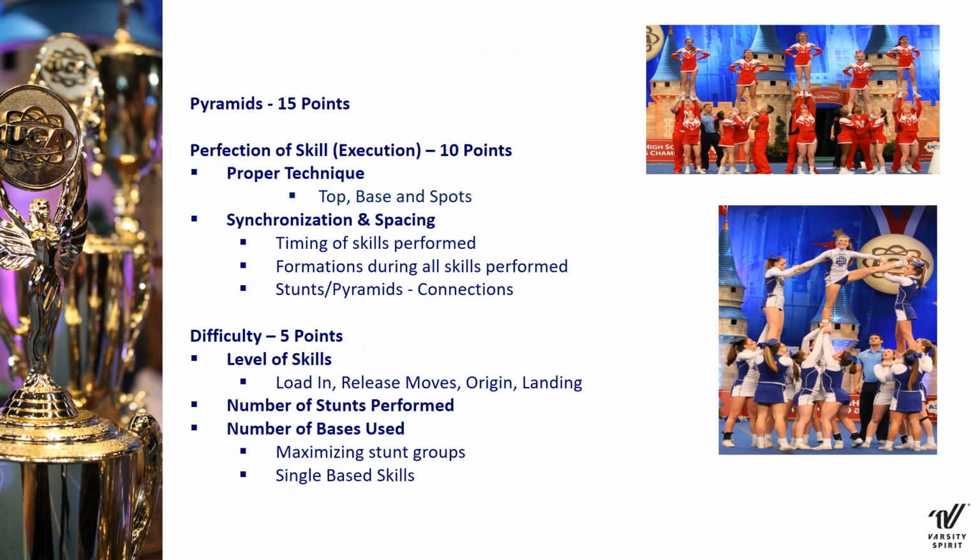The second category for our building judge will be our pyramid section, worth 15 points. Looking at the pyramids, they'll be looking for perfection of skill, similar to that in stunts. They'll be watching for proper technique of the top, base, and spot. They'll also be watching for synchronization and spacing, timing of the skills performed, formation during all skills performed, and the